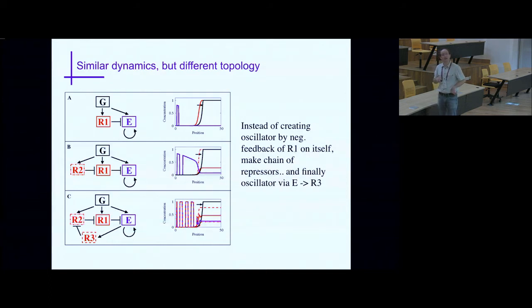And then once you have a cascade of repressors, it's actually quite easy to get an oscillator. You just need to add another repressor that is activated by E, and then you get an oscillator, which is a repressilator, as I discussed yesterday, very similar to the repressilator that was done by Elowitz and Leibler. So the bottom line is that there are several ways to the same result. You still get an oscillator in the end, but the network associated with this oscillator is different. And I think that's a general lesson.